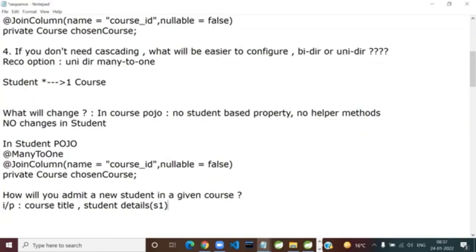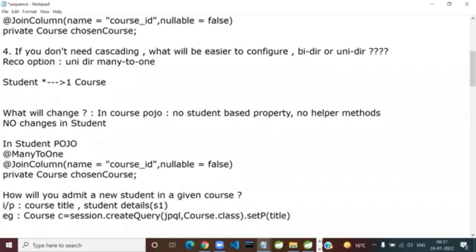How to do that? I'm giving you in points. I'm going to take a separate case study, CMS topic tutorial, and that time you will anyway see. So let's write the example code. I'm writing in points. So still you will have to get a course c, because otherwise how will you know how to link it? So Course c is equal to session.createQuery. And what will be the JPQL? You type it out. You can type in the short form. Then setParameter title. I'm writing all in this, and .getSingleResult.